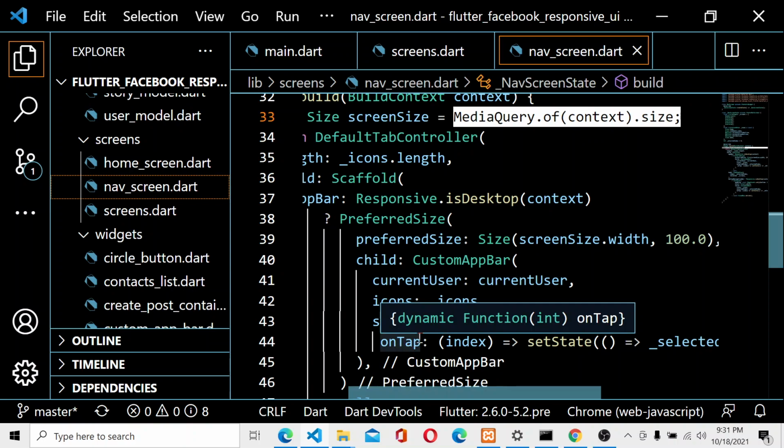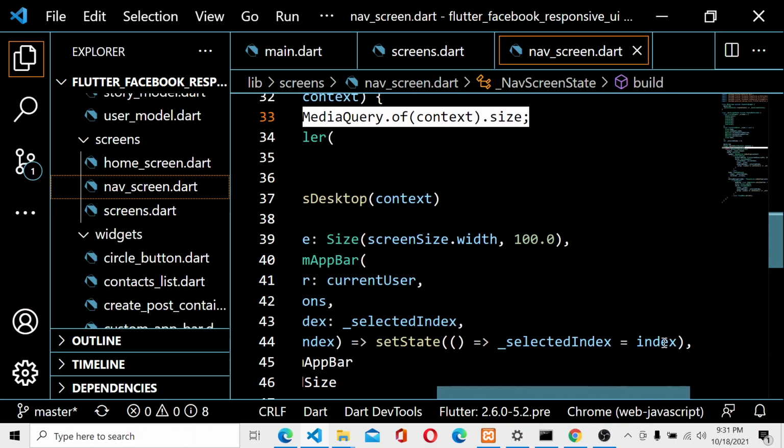Then the onTap: index is equal to setState, selectedIndex is equal to index. The current index will become the selected index.